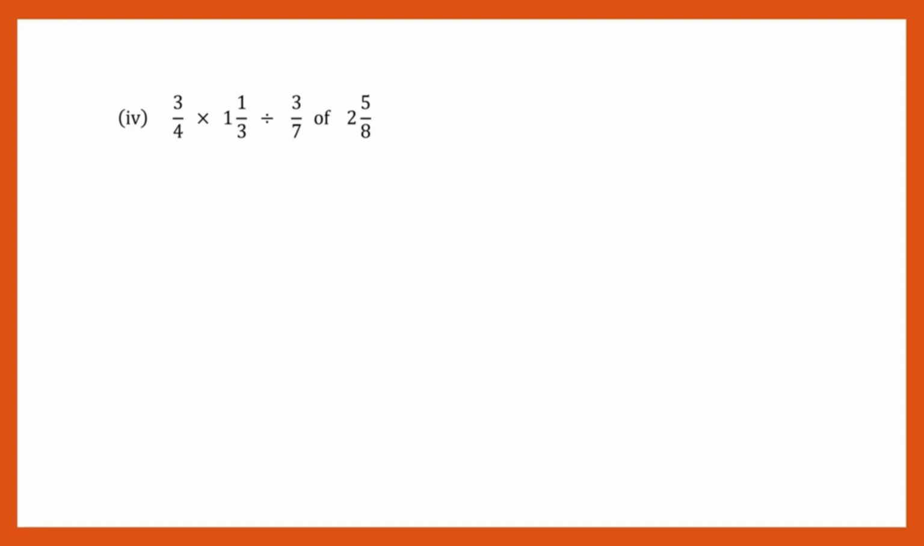Question 4. Let's write down the question. 3 by 4 into, convert, 3 1s are 3, 4. 4 by 3 divided by 3 by 7 of, convert, 8 2s are 16 plus 5, 21 by 8. So what we need to